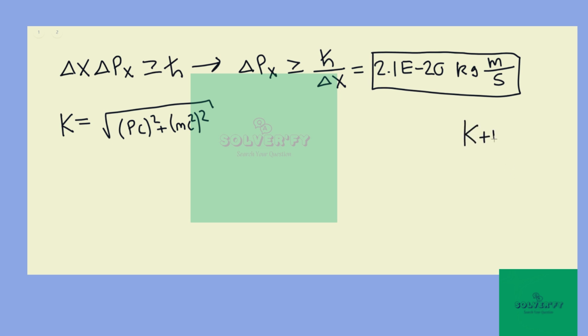Kinetic energy plus potential energy equals total energy. So we have to subtract an mc squared, a rest energy, from this particle to do our full energy accounting. So once this is done, we will have a result of